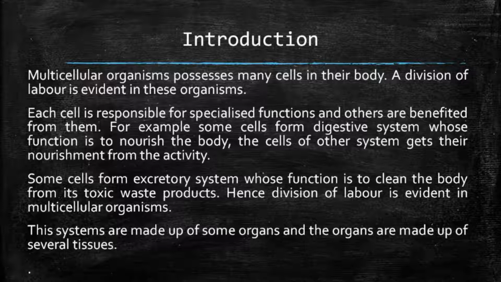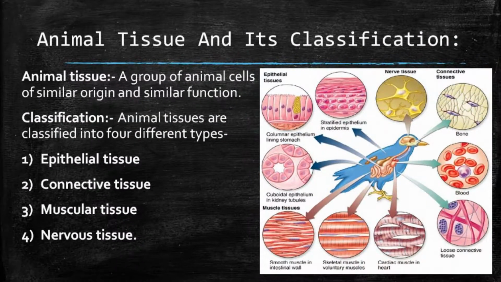Some cells form the epithelial tissue covering over the skin. Some cells form the muscular tissue which by contraction brings about the movements. So, various types of cells together work to form the basic function of an animal body. In gist, we can say that the group of cells performing similar functions are tissues. Already we got an idea about the tissue.